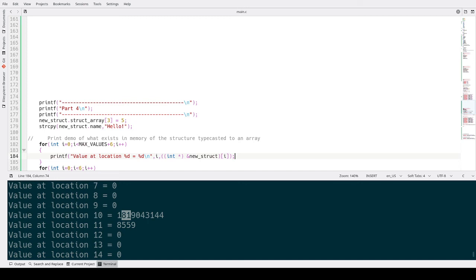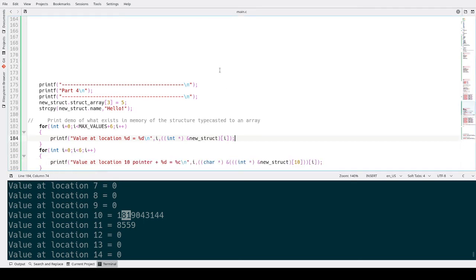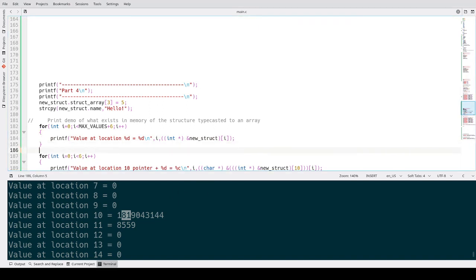Let's see, we've got 181, 9043, 144. So location 10 contains that decimal value, which exists as this hexadecimal value once I do the conversion. So you're like, well, that's a giant number there. But once we're over in hexadecimal land,